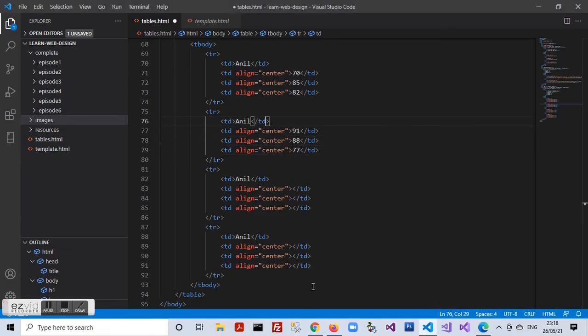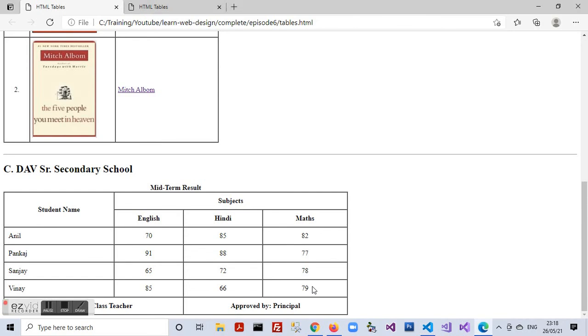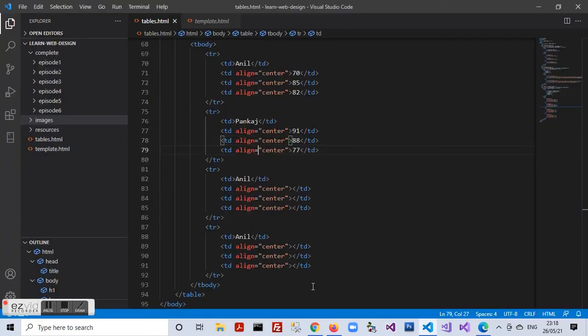Name is Pankaj. Next, I am having a student named Sanjay with marks of 65, 72 and 78. So 65, 72 and 78. Name is Sanjay.